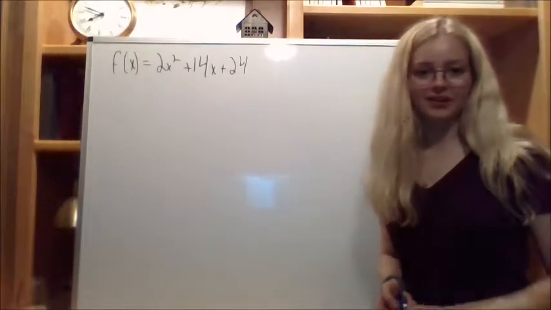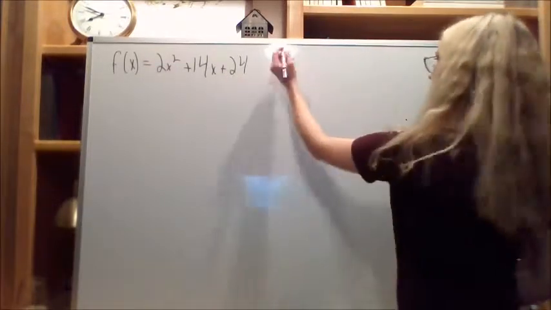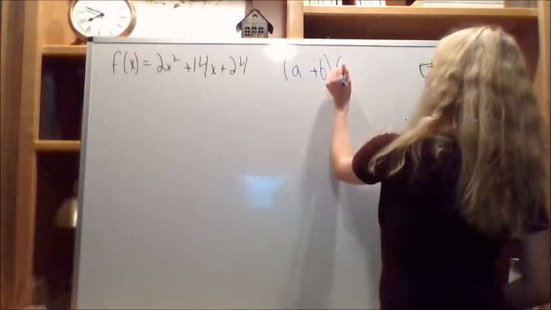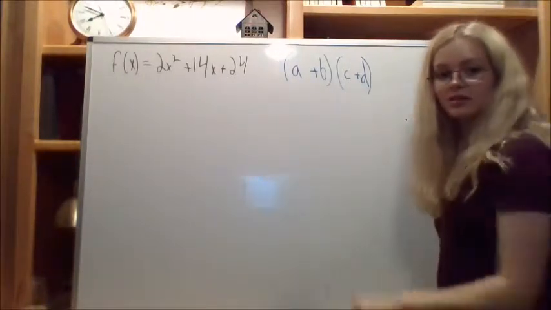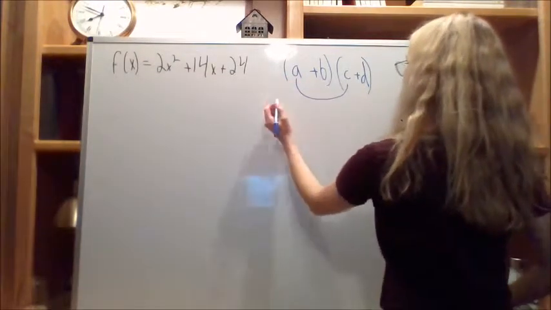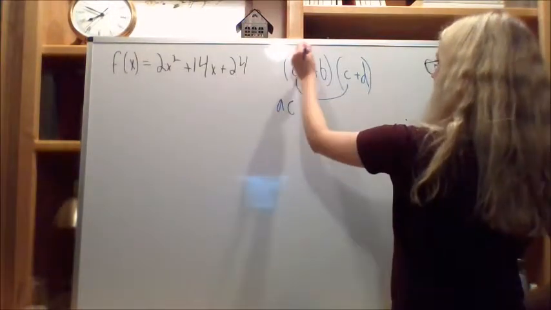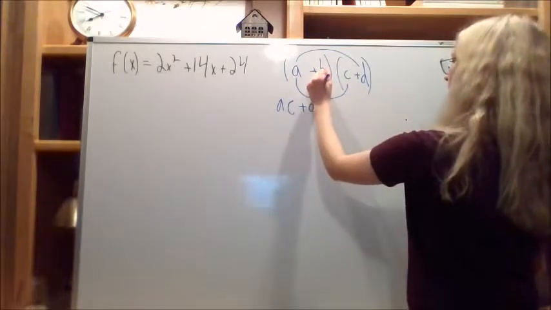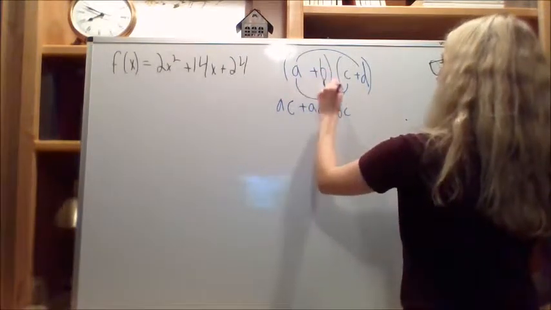Hi, today we're going to learn how to solve by factoring. So first, we need to review FOIL. If we have (a + b) times (c + d) and we want to multiply these two together, we have to remember FOIL, which is first: a times c, out: plus a times d, inside: which is b c, last: